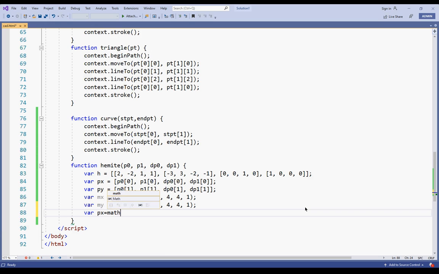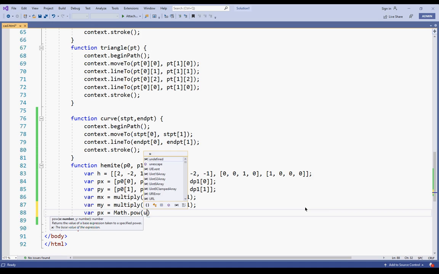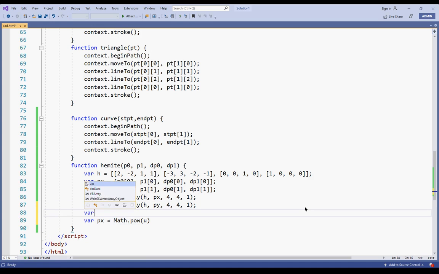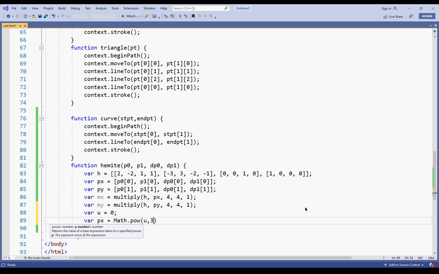I need u cube, math dot power into u. Presently I just put u here, and I'll set the value of var u equal to 0. So later on I can copy paste this value, u cube, into mx.